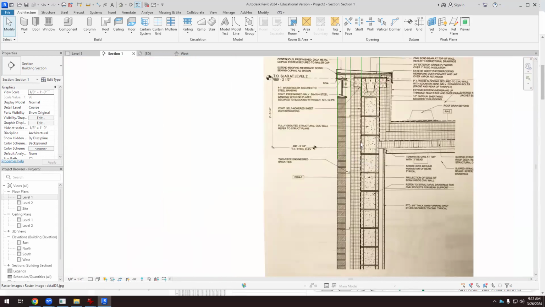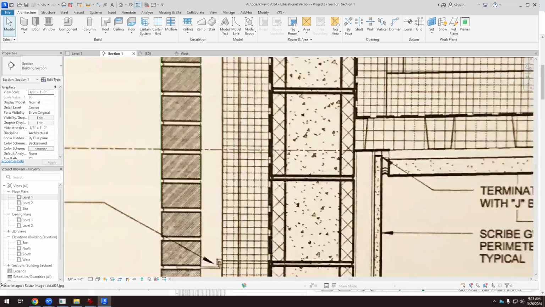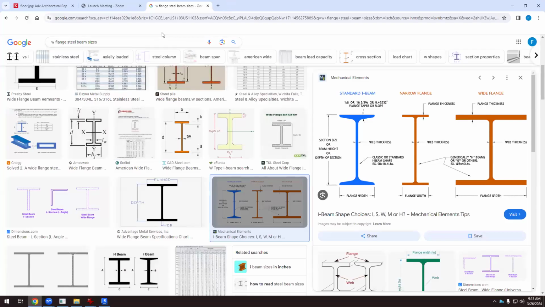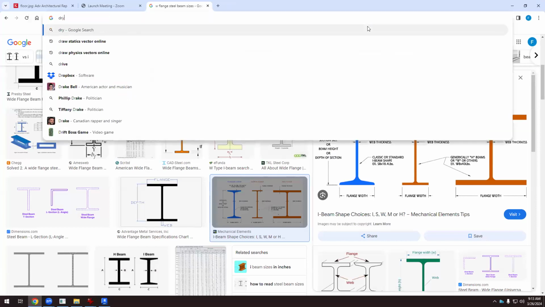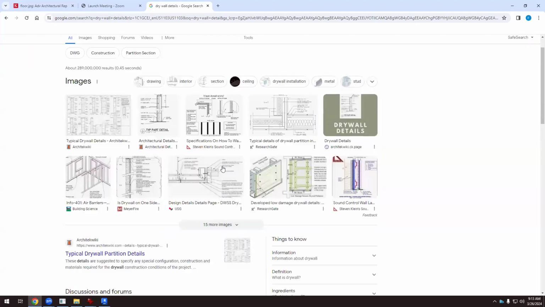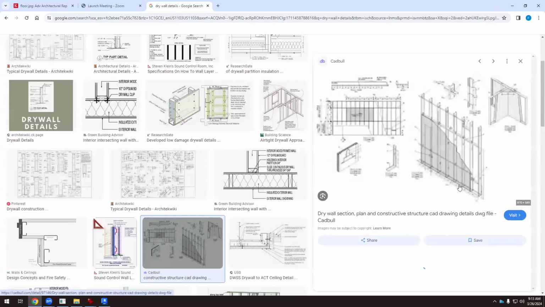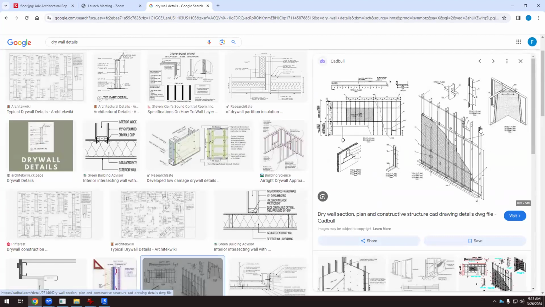Well, when we are working with this kind of drywall, that's the idea. Okay, so we need this